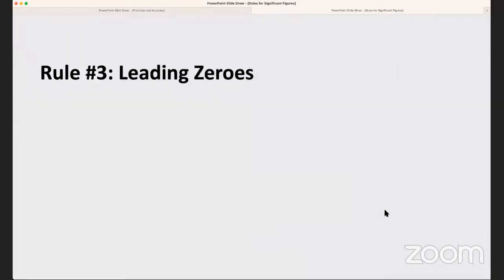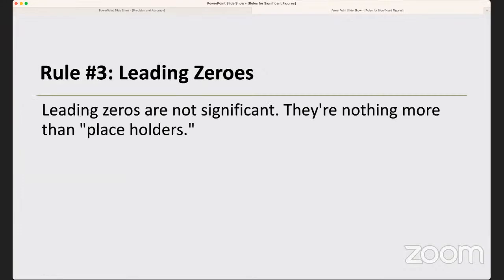Rule number 3, leading zeros. What are leading zeros? Any zero that comes before the first non-zero digit in a number is classified as a leading zero. It doesn't matter whether the number has a decimal point or not. Any zero that comes before the first non-zero digit is classified as a leading zero, and it's nothing but a